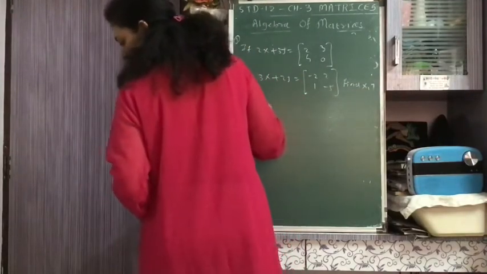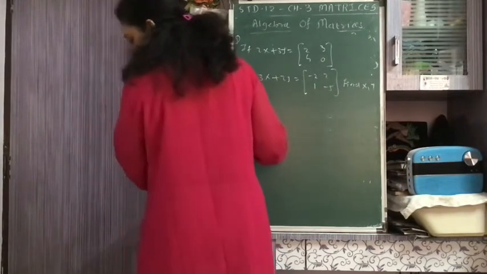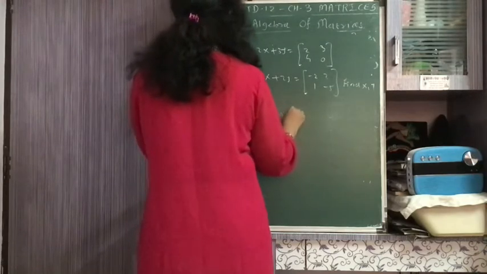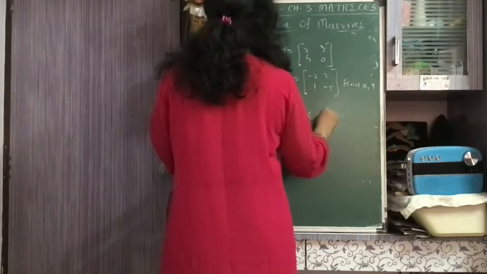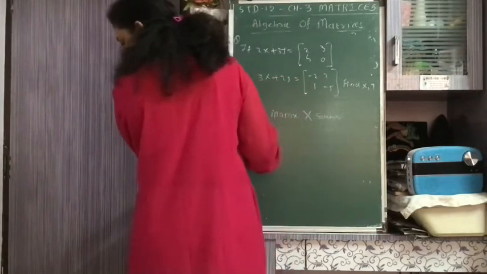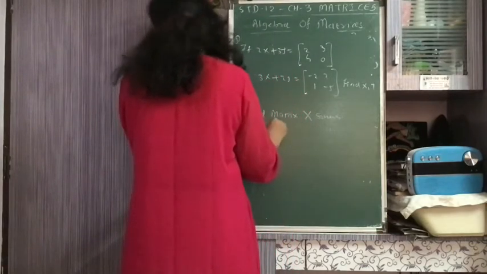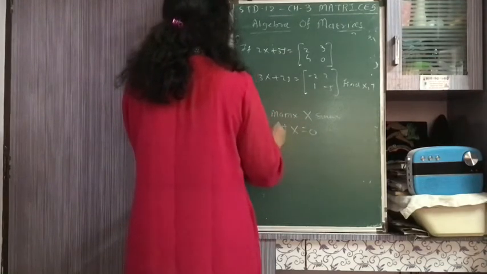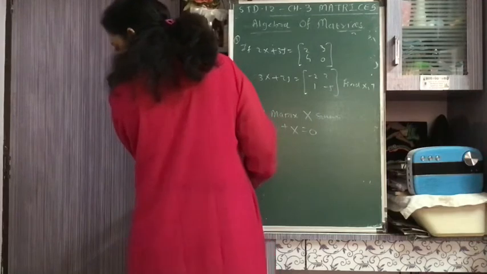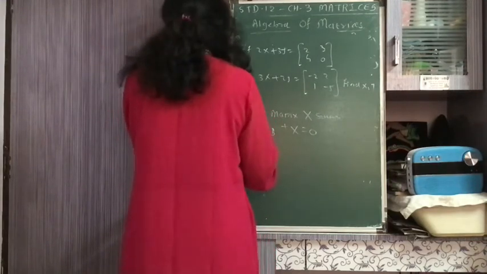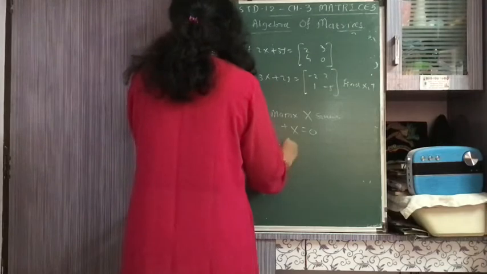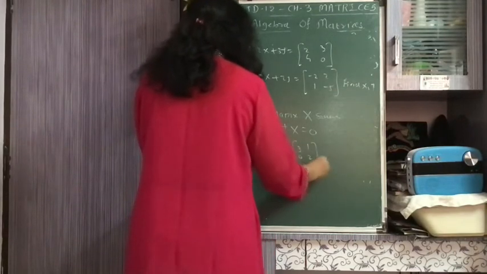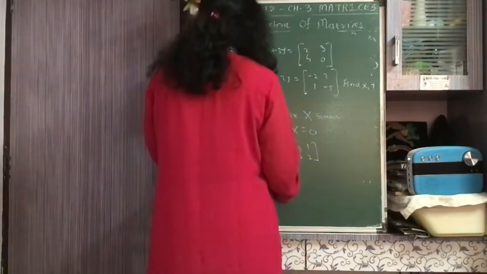The second question is: find the matrix X such that 2A minus B plus X is 0, where A is a matrix and B is a matrix given as